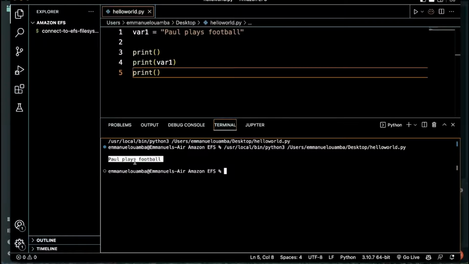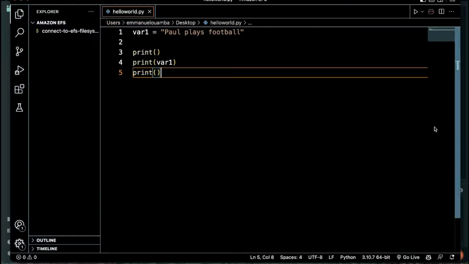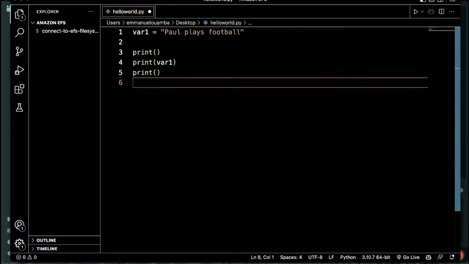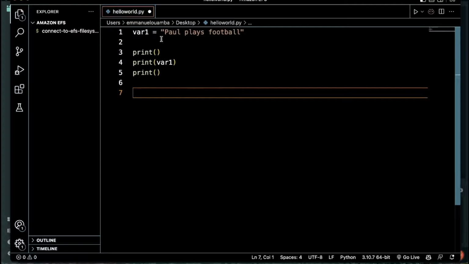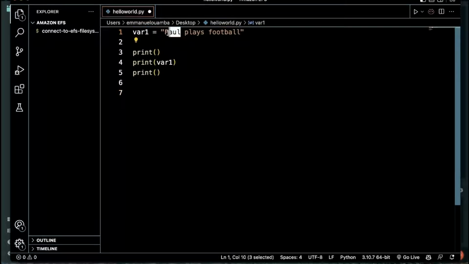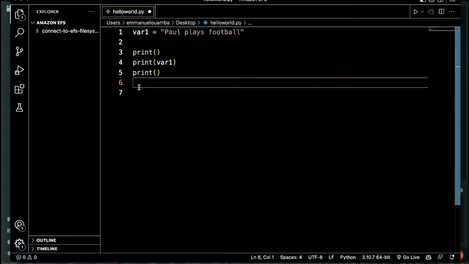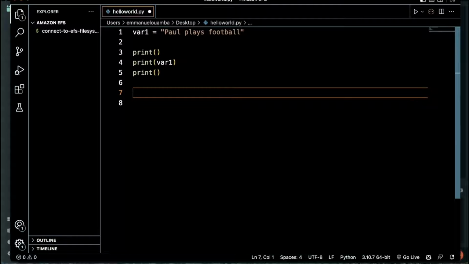Paul plays football. Now let's, for example, decide to replace the name Paul with another name. So in order to do so, we need to use the replace method. But before that,